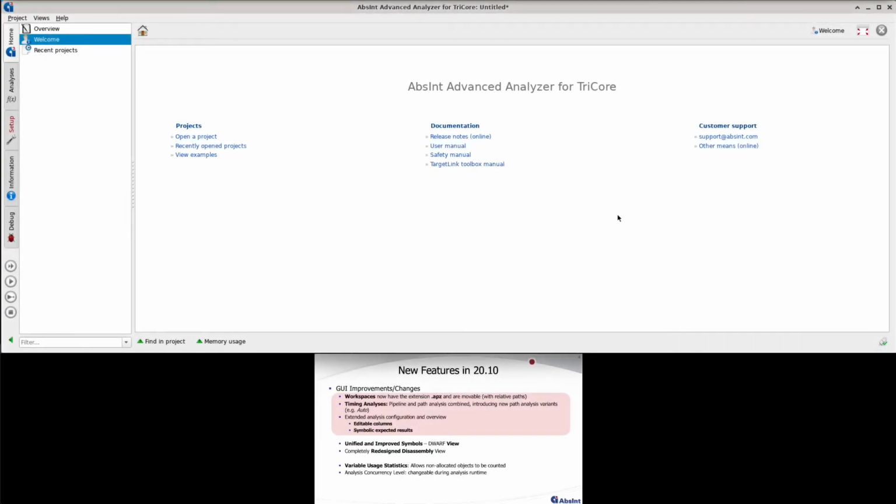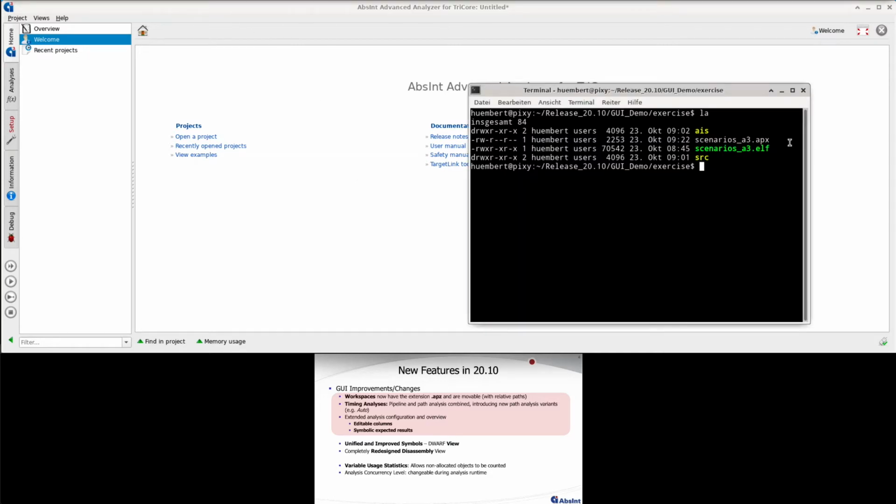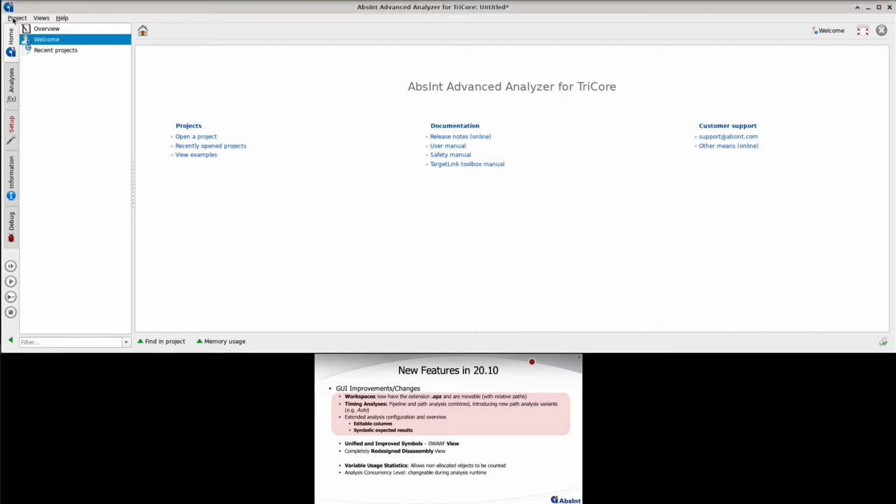We finally introduced a separate file extension .APSet for the workspace files. Remember, workspaces will save the current state of an analysis project, including temporary files, results, the statistics, all the opened widgets. So let's have a look here in our favorite scenario, a cube project. I'm going to open that one